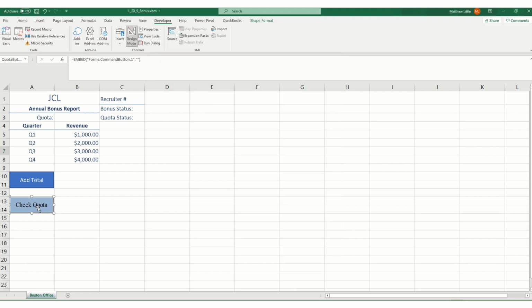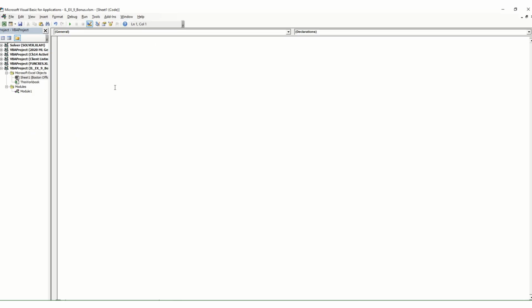Now here, while you're still highlighting this ActiveX control, we're going to hit View Code in the Controls group on the Developer tab. And now we can type the code. And here we want to assign it to the QuotaButton, so instead of General, we'll click QuotaButton, and now we have the ability to type in what the code would be. The procedure code is on figure 9-14 on page 9-15. So in this case we want to say if the total revenue is less than B3, then insert